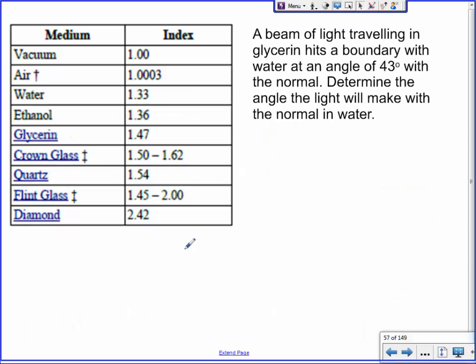But there's even more stuff more dense than water. I've got a table here. Diamond, for example, is one of the most dense things that you can run things through. It's actually one of the reasons why diamonds gleam, is that as light waves try to hit diamond, they don't necessarily go through them all that well. They actually reflect back towards you, which is why you can see them glitter and shine and sheen and stuff like that. So anyways, these are a whole bunch of